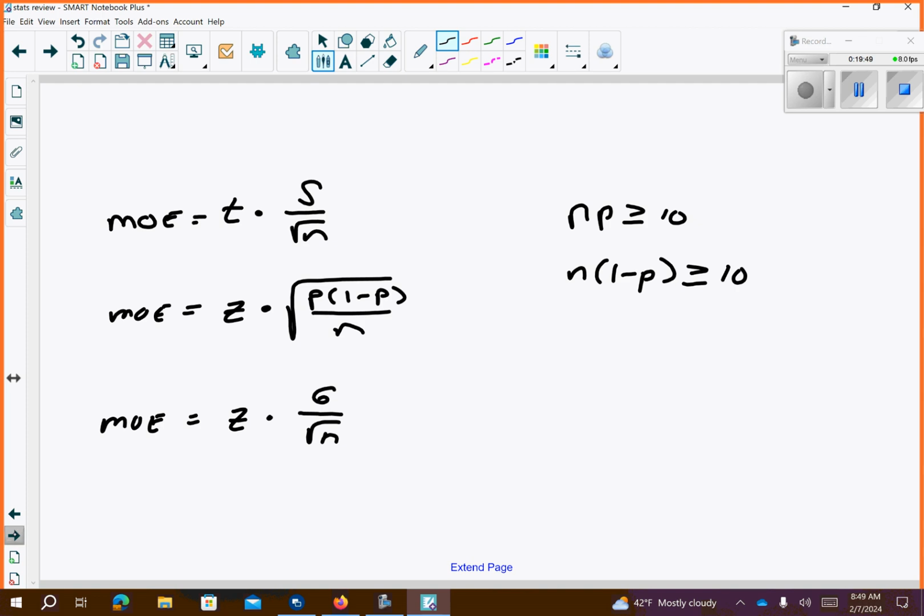And then these equations would probably be pretty important for you to recall. So if you have all of that information,